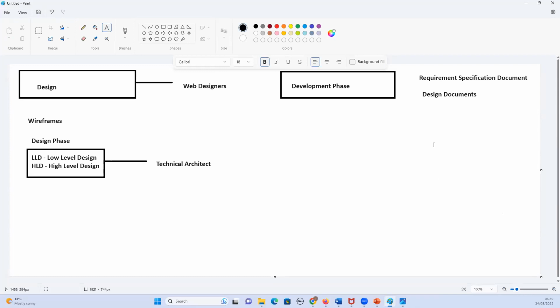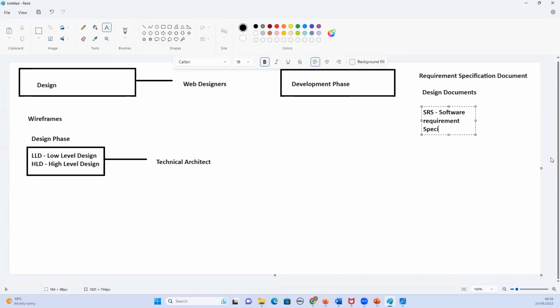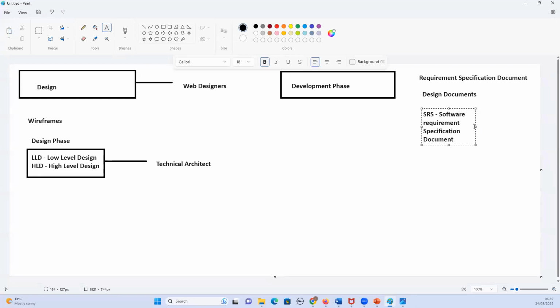So now in development phase, we also have the SRS, which is the software requirements specification document. So what do we have in the software requirement specification document? I'll explain. The software specification document is a document where